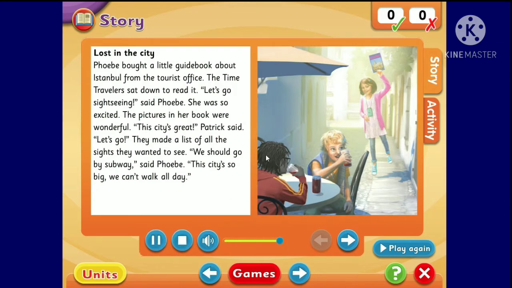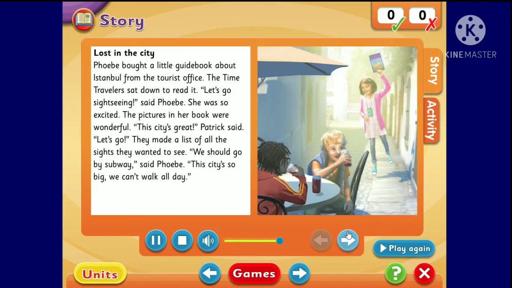Phoebe bought a little guidebook about Istanbul from the tourist office. The time traveler sat down to read it. "Let's go sightseeing," said Phoebe. She was so excited. The pictures in her book were wonderful. "This city's great," Patrick said. "Let's go." They made a list of all the sights they wanted to